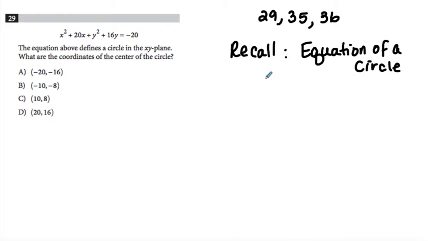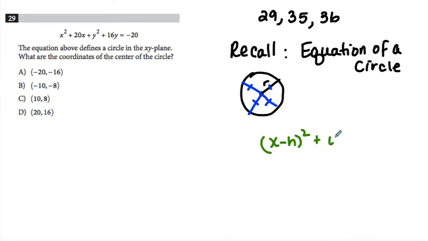So remember that a circle has some really important parts. It has a center and it has a radius, and those things we really need to key in on. We also have to remember with a circle that all radii are equal, so all the way around they're going to create these nice equal line segments. The equation of a circle is (x minus h) squared plus (y minus k) squared equals r squared. And the center of the circle is (h, k). That's actually important